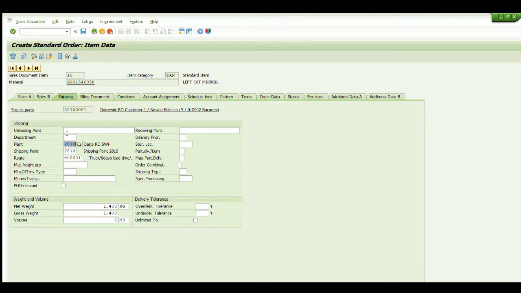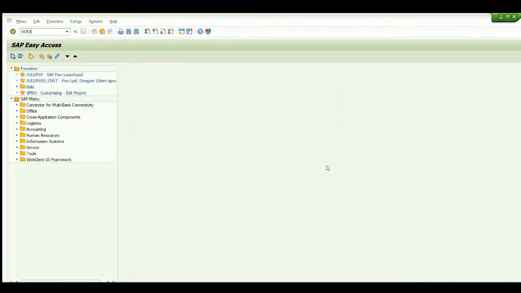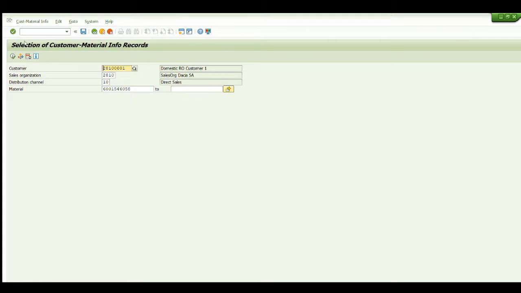So now we will see where we have to maintain the delivering plant in the customer material info record. The transaction for the customer material info record is VD53. Pass it in the command field and press enter. In the next screen, you can see customer, sales organization, distribution channel, material.